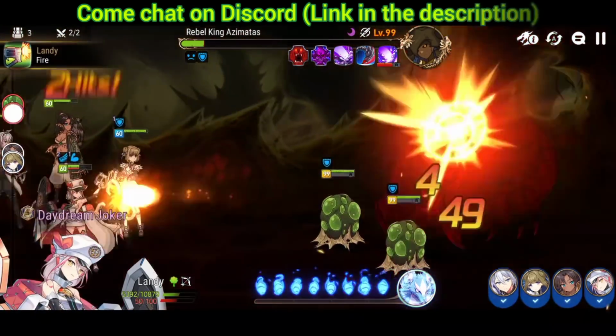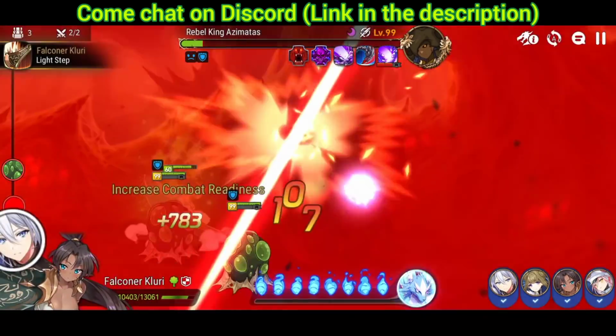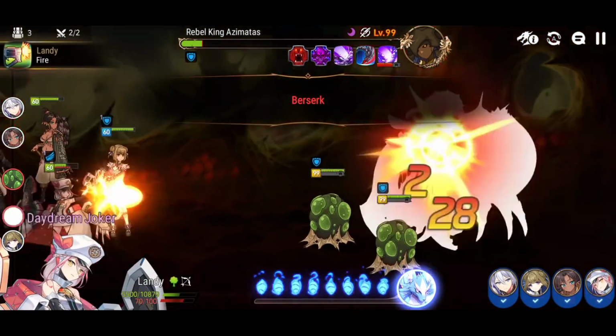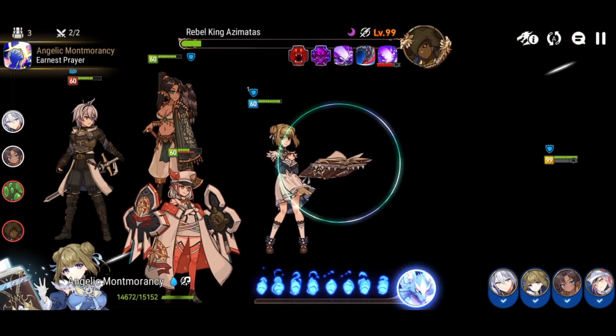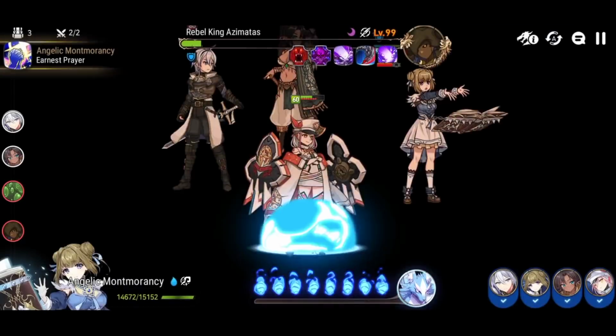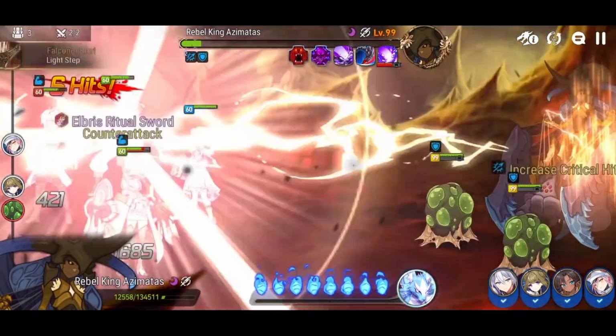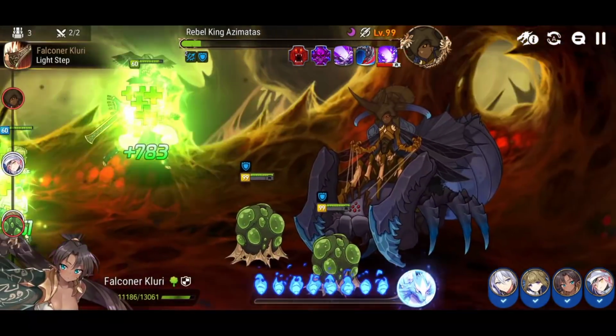And Daydream Joker 3-star artifact is on her, if you haven't noticed yet. This artifact is amazing. It deals damage based on the target's max health. If you have the defense break debuff applied on the boss, it will increase that damage even further. You pump her critical hit damage as high as possible after reaching 100% crit chance, which I